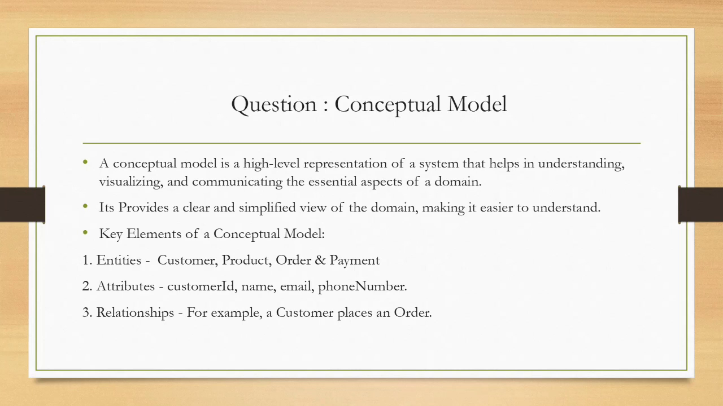For this payment only, the technical questions have given examples for the payment itself. So in these entities, we have the customer, product, order, and payment. For attributes: customer ID, name, email, phone number. And the relationship is that a customer places an order. A customer has the payment, right? So